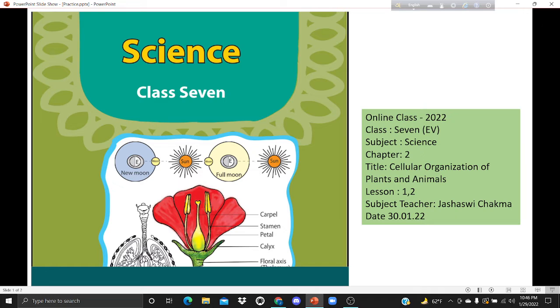Today we will read chapter 2. The title is Cellular Organizations of Plants and Animals. We will read lesson 1 and 2 today. And today